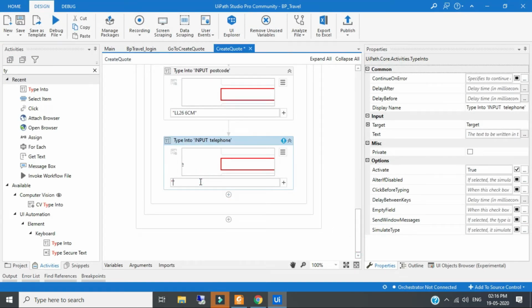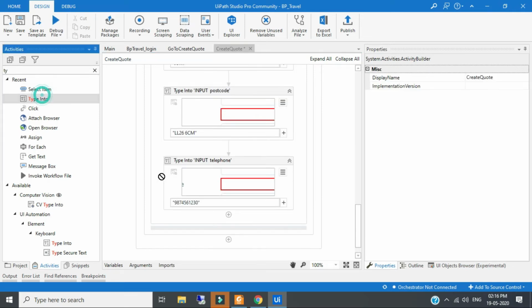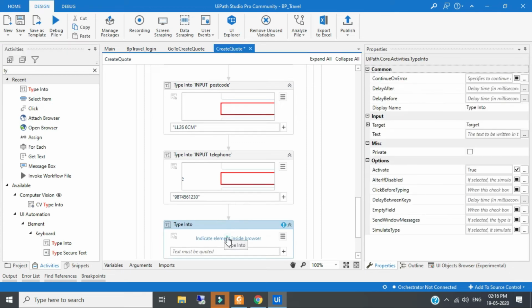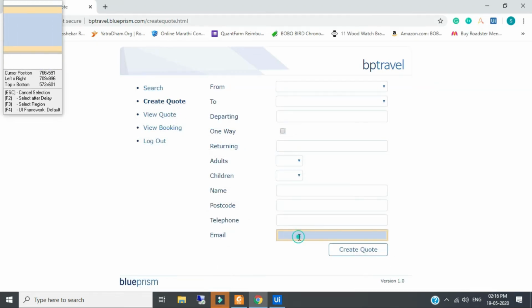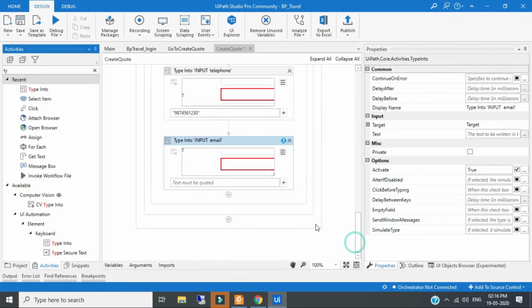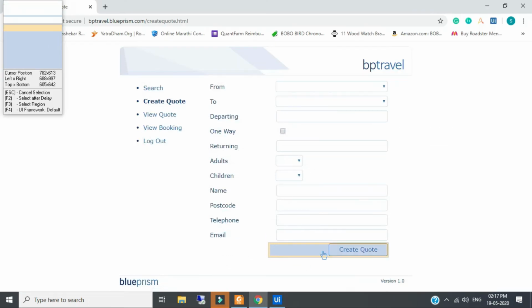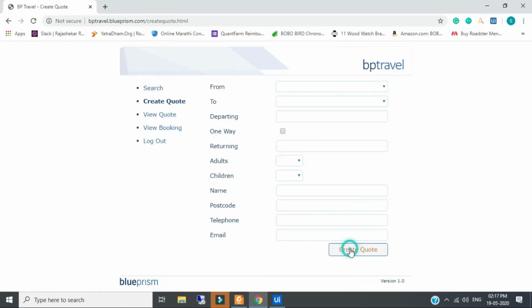I will provide the number. So again I will take an input, click on email.com, and for clicking the button we will click on create code.